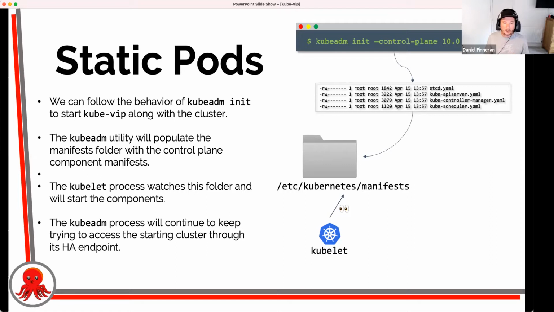What that actually means is that kubeadm init will basically put in the manifests folder a number of other static pods. So things like the API server and etcd and a few other things, they're actually all static pods that run on nodes as well. kubeadm init will put all of those manifests in there, where the Kube-Vip manifest will also exist. Those components will all come up together. So the API server will start, etcd will start, but Kube-Vip will also start along with it.